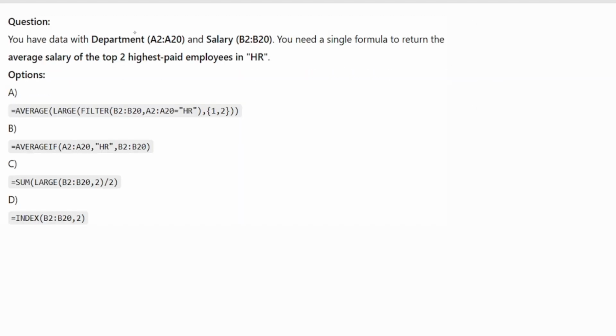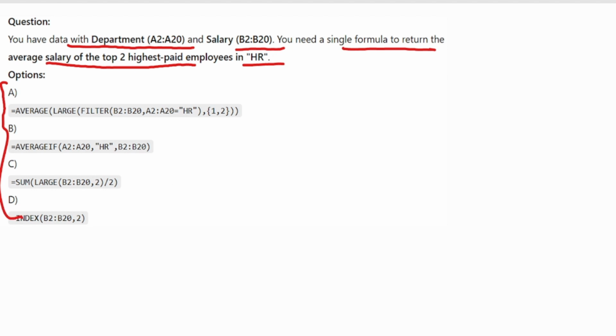Now move to the next question. You have data with department in A2 to A20 and salary in B2 to B20. You need a single formula to return the average salary of the top two highest paid employees in HR. What is the correct option here?